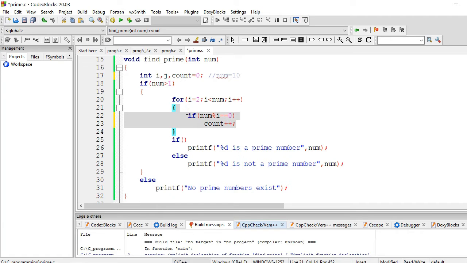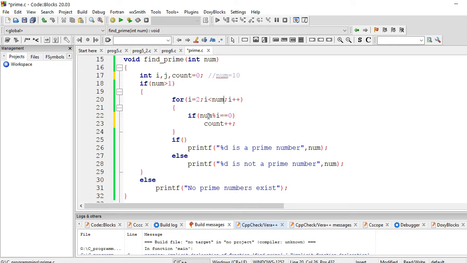The number is 10, and the loop will start from i = 2. The first value of i is 2, and i is less than number, obviously.